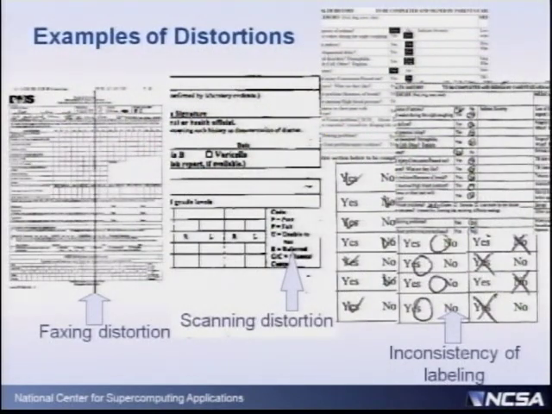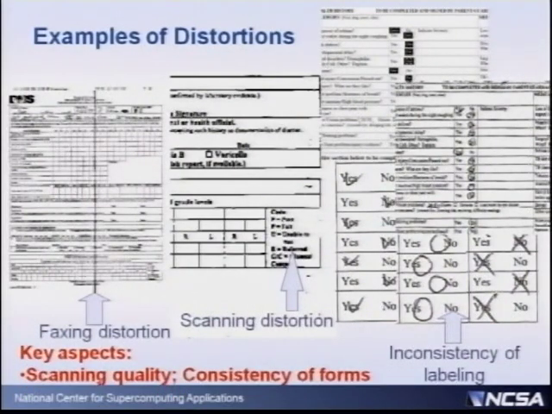And unfortunately for them, these forms are faxed, they are scanned, there are all kinds of distortions, and they are manually filled. You can see that the answer yes and no has a lot of inconsistencies. So why am I showing that? Because we have developed some algorithms that can match the template to the original scan, but there are some key aspects that probably those people that deal with these documents should consider.